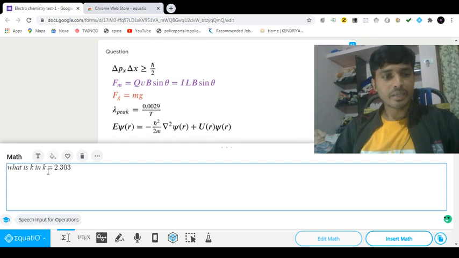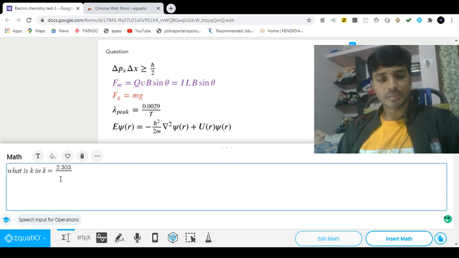For this divide purpose, you have to press the slash key on your keyboard. The moment you press the slash key, the division symbol will automatically come, 2.303 by T.